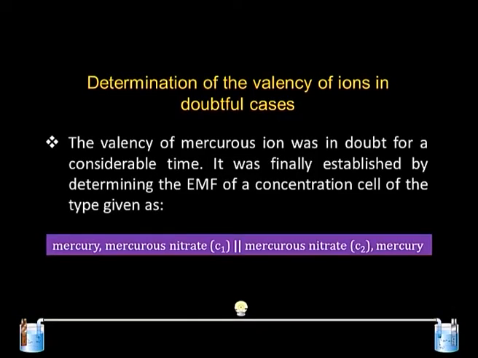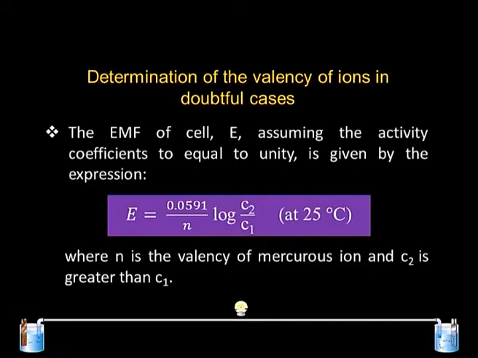For example, the valency of mercurous ions was in doubt for a considerable time. It was finally established by determining the EMF of a concentration cell of the type given as mercury, mercurous nitrate at concentration C1 separated by double vertical line, mercurous nitrate C2 and mercury. The EMF of the cell E, assuming the activity coefficients to be equal to unity, is given by the expression E is equal to